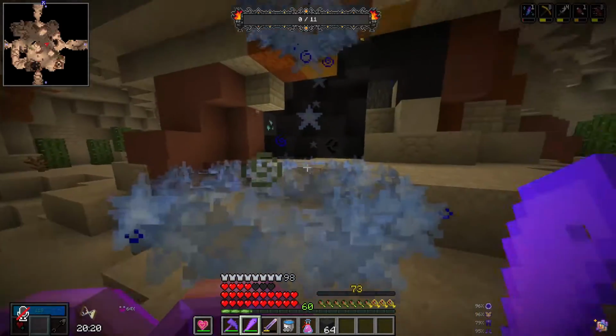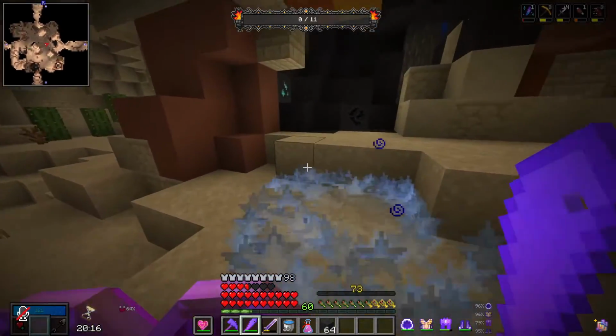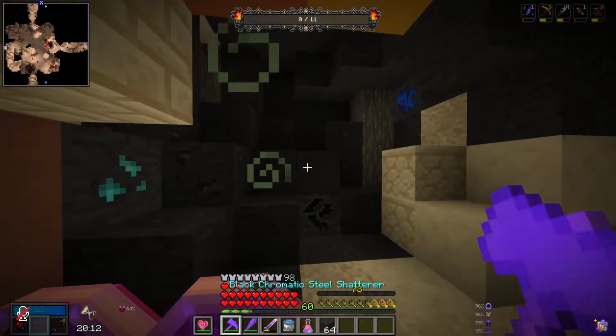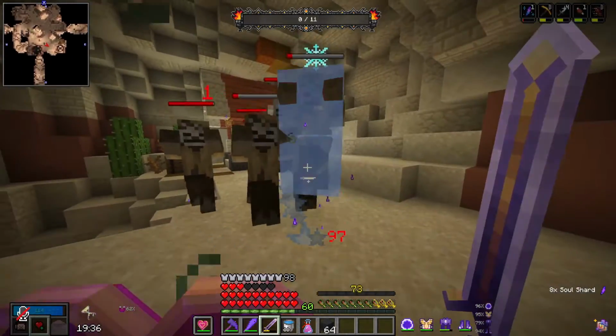Yeah, look at the spikes falling in. That's amazing. Now, watch my mana regen. Oh, no, actually, my mana regen's already kicked in. My mana is already full. That is crazy. I don't have the Storm Cloud here, so let's just see how it goes with...